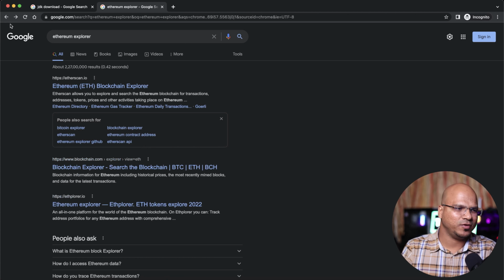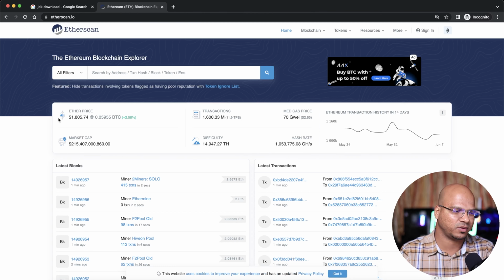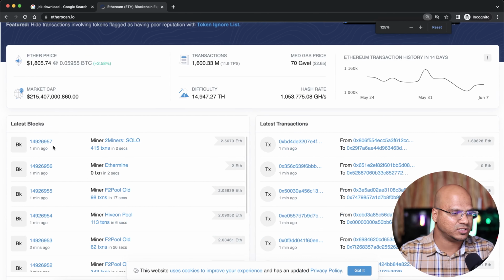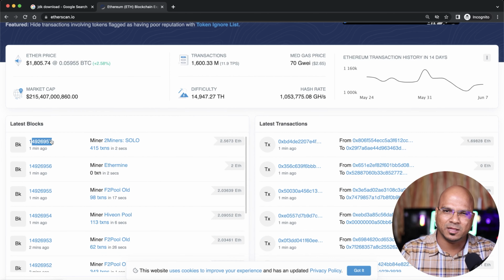So to explain that, what I will do is take you to this Ethereum Explorer, and if you click on the first link, since we are using Google, it will give you the perfect result, and see the number of blocks. So the block number I'm talking about is this here. It's around 14 million block number we have. So the current block, which was created 1 minute ago, is 14 million.